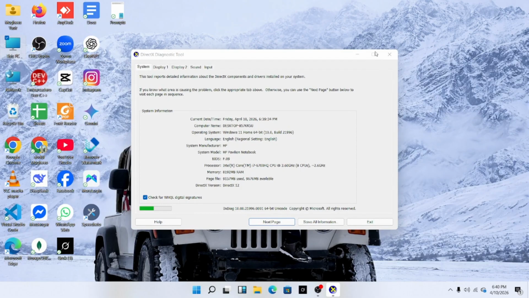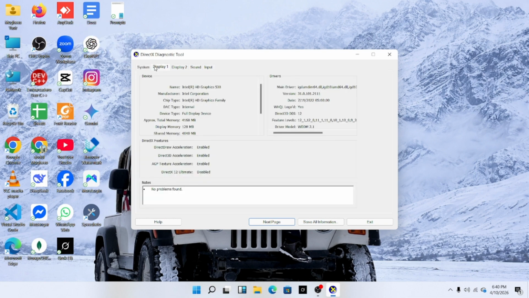When it opens, you will first see the System tab, where general system information is displayed. From here, go to the top and click on the Display tab. In the Display tab, you will see details about your graphics card, such as its name, manufacturer, memory, and other